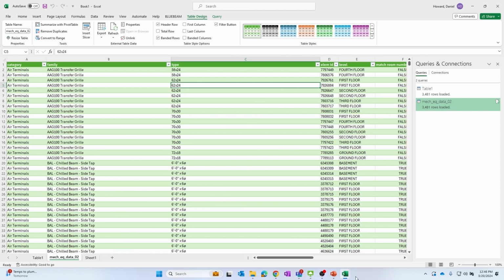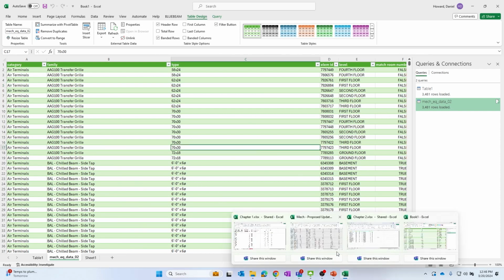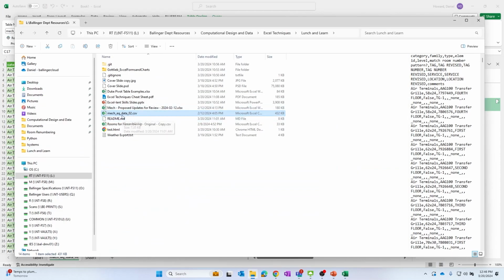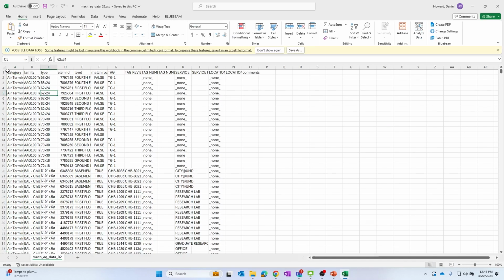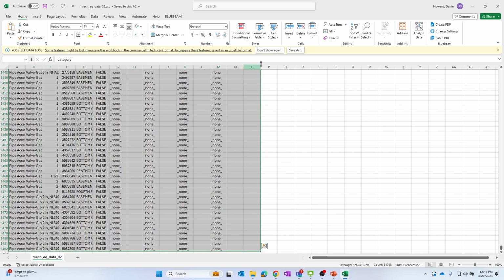Now that we have a table, let me go back and double click on this to show some raw data that's not already in a table. Filtering and tables. If we select our entire set of data, and we go over here to the Sort and Filter button and say filter,